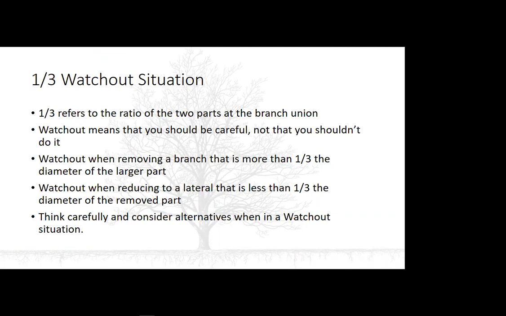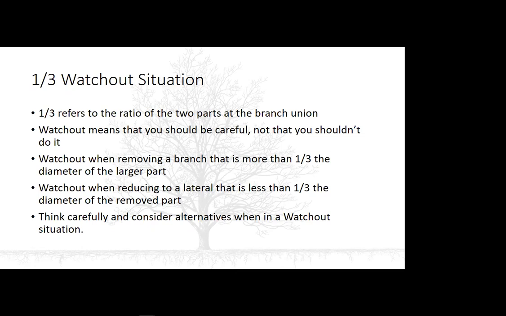At the branch union, you will have two pieces, and the ratio would be the smaller diameter over the larger diameter. And the reason I call it a watchout situation is that you should be careful if you are violating this 1/3 rule. Doesn't mean that you shouldn't do it, but you might want to think it through again